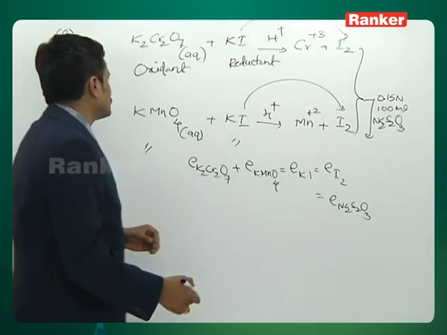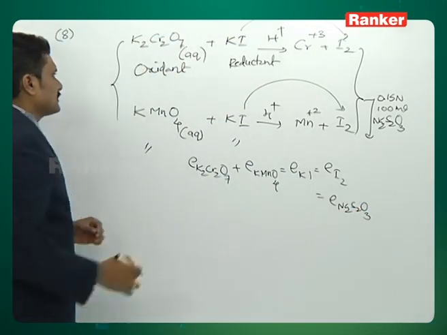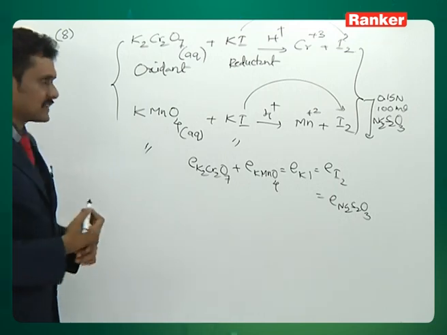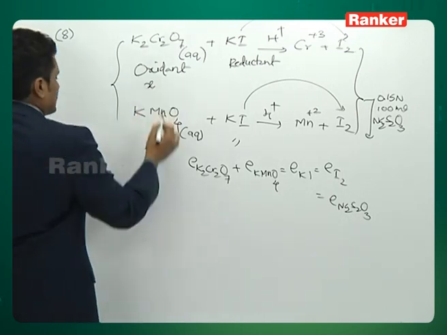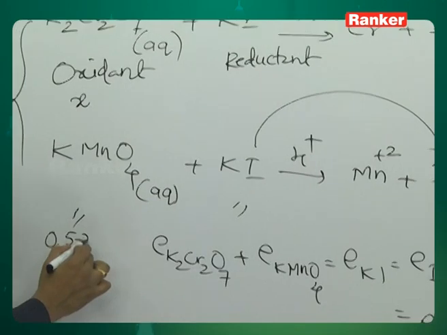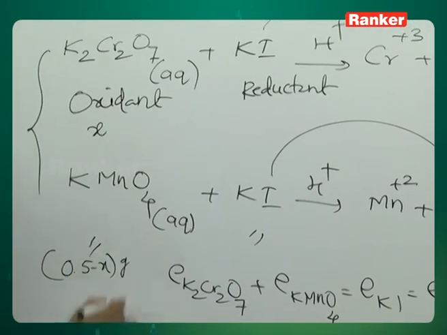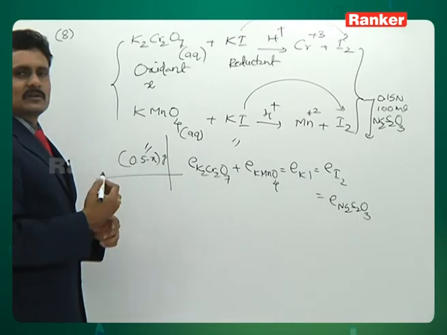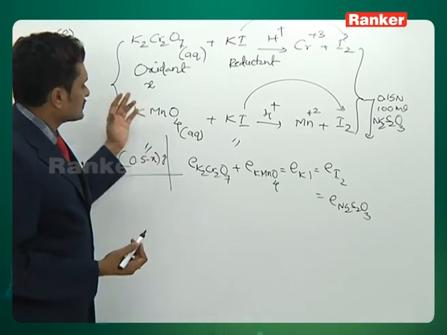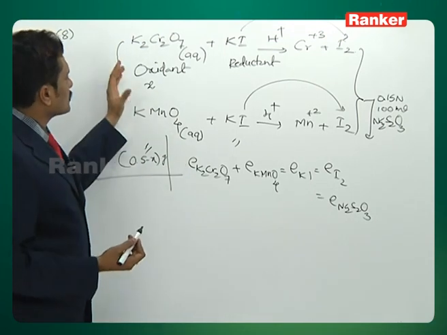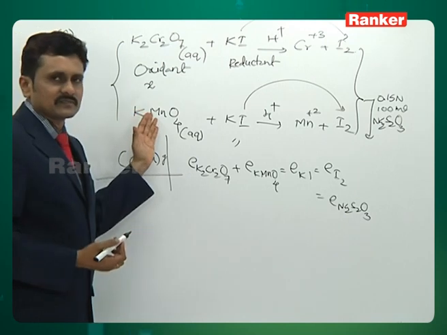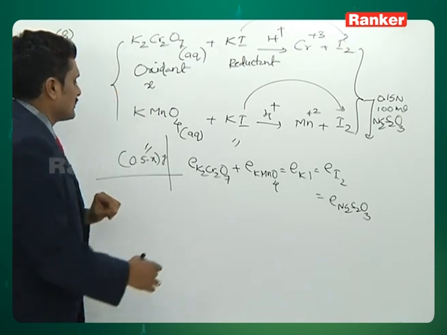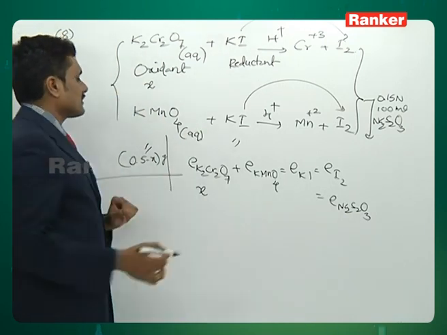Now since I have been given the total weight of the mixture as 0.5 gram, I will assume this as x gram and this will be 0.5 minus x gram. When I am using the equivalent concept this time, since there is no volume or normality mentioned for this, but the weight terms are given, I will write the gram equivalence